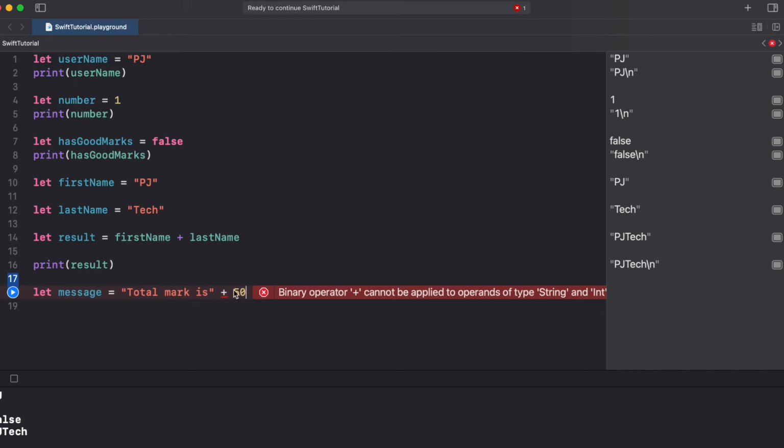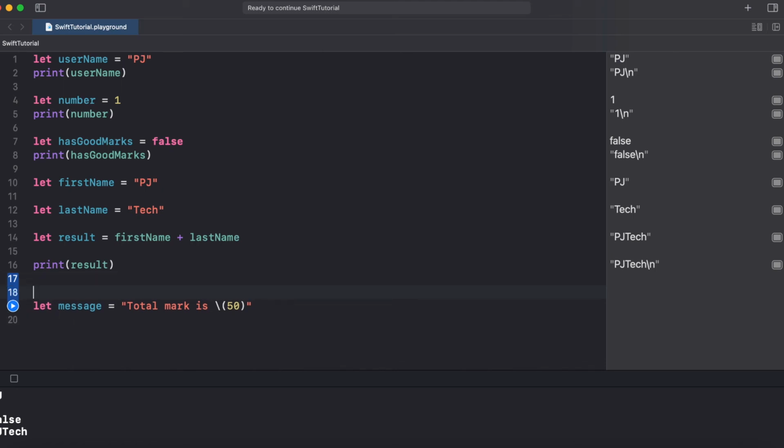So this is where string interpolation comes in. What we have to do is, within this string, write a backslash and then put an open bracket and a close bracket, and then put 50 inside it. So this is called string interpolation. Maybe let's say I have a total mark stored in a different variable.